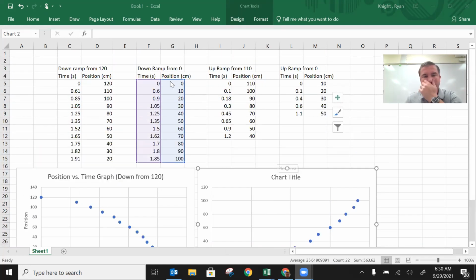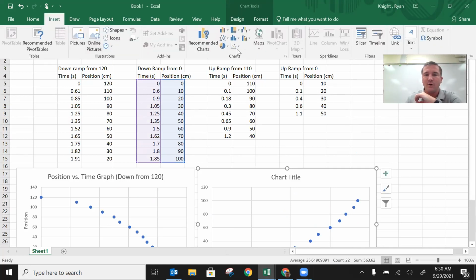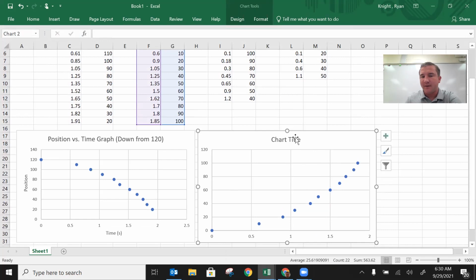So there's my second graph. I highlighted the times and the positions, just the numbers, went up to the top to insert, over to the middle, charts, and then inserted this scatter chart. It's in the bottom middle. We get the same kind of thing going on. We have an incorrect title and we don't have axis titles. This is what I was talking about with the little plus button. So I'll show you how to do that in a second, but let's change this chart title to